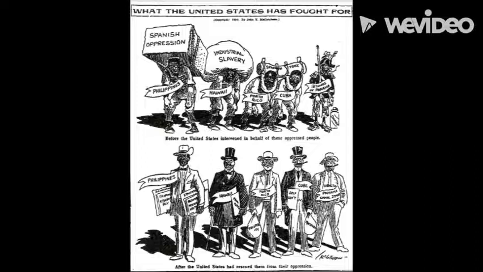This cartoon shows the before and after of the countries the U.S. imperialized. In the before portion, the countries are shown as men that are unkempt, dirty, and poor. The societal issues are also shown, pulling the men down. The text under the section explains that the men represent what they were before the U.S. intervened. The after section shows